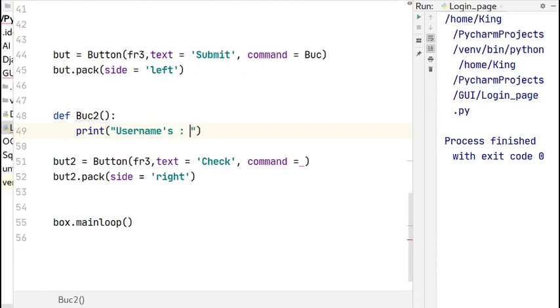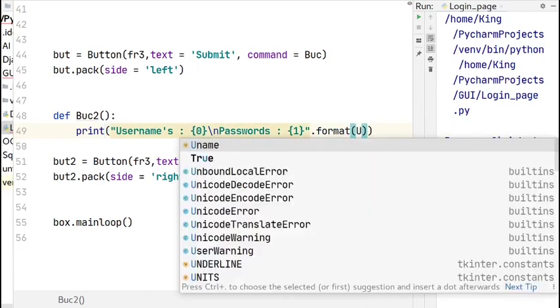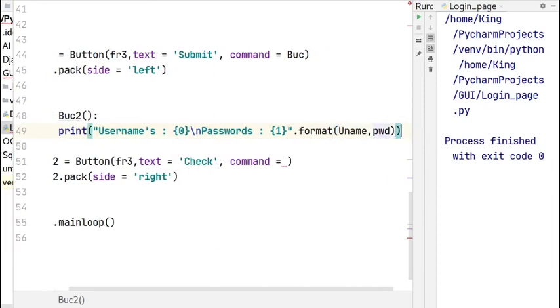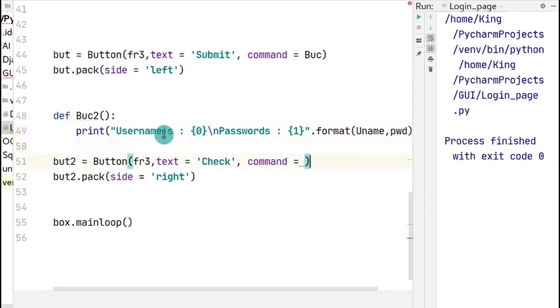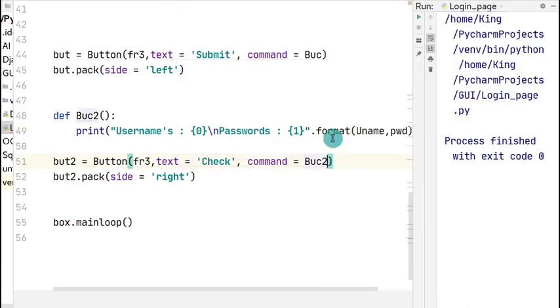Username and 0th newline, passwords dot format. This will be uname and password, and we have to assign this function to button 2. So parentheses are not mandatory.